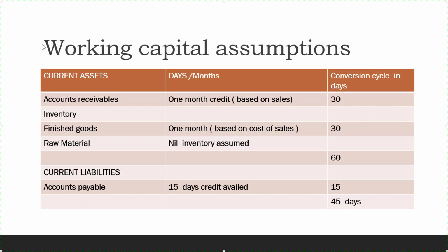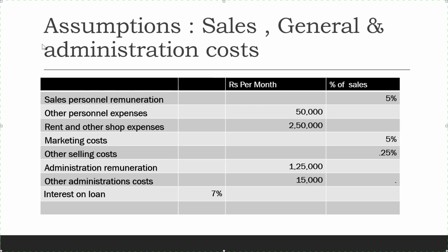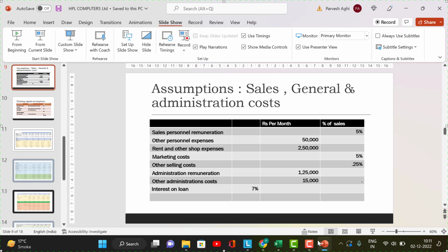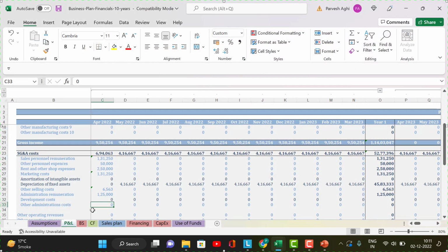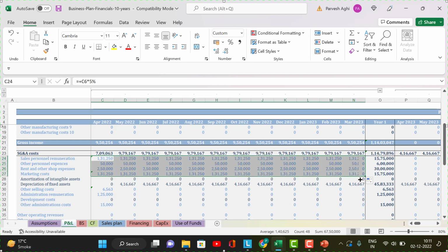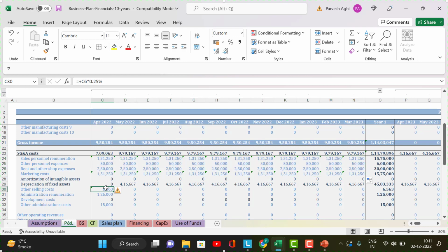यहां हमने दी हुई है ना, ये है ना। अच्छा। एडमिनिस्ट्रेटिव में 1,25,000 है और ये 0.25 है, ये हो गया। और 15,000 है अदर एडमिनिस्ट्रेटिव कॉस्ट, ये स्लाइड जो थी, तो कितने हैं? 15,000 है अदर एडमिनिस्ट्रेटिव कॉस्ट। तो अदर एडमिनिस्ट्रेटिव कॉस्ट में आपको कितना करना है? 15,000 सॉरी। फाइन। अब आपने क्या करना है, ये सब चीजें कॉपी कर देनी हैं यहां तक, ठीक है, और ये भी कॉपी कर देनी है।